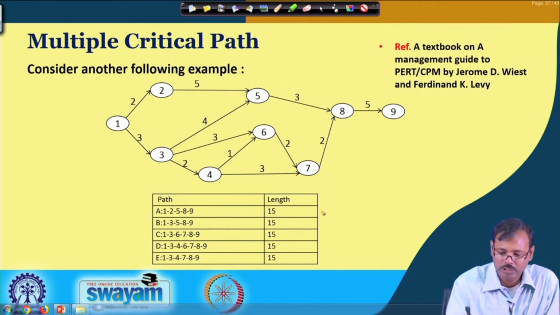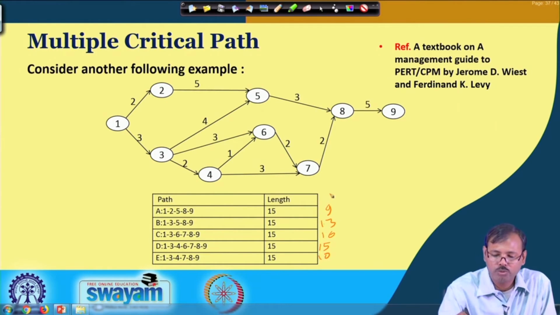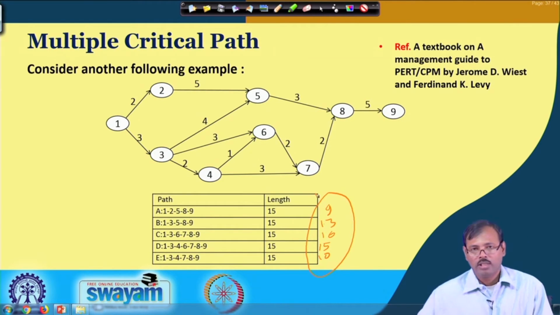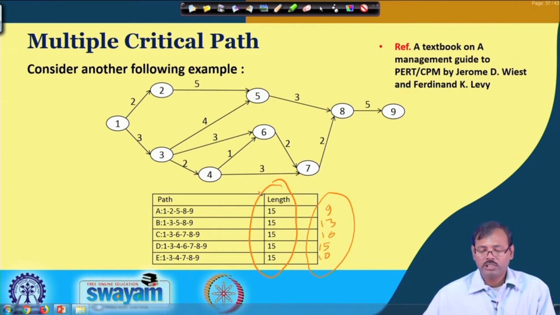In the earlier case, these durations were 9, here it was 13, this was 16, this was 15 and this was 10. Now, in the earlier case, what did the management do? The management found that the demand allows us a length of 15, which is appreciable for the management. So, considering that, they change the man, machine, material and money requirement in every job.